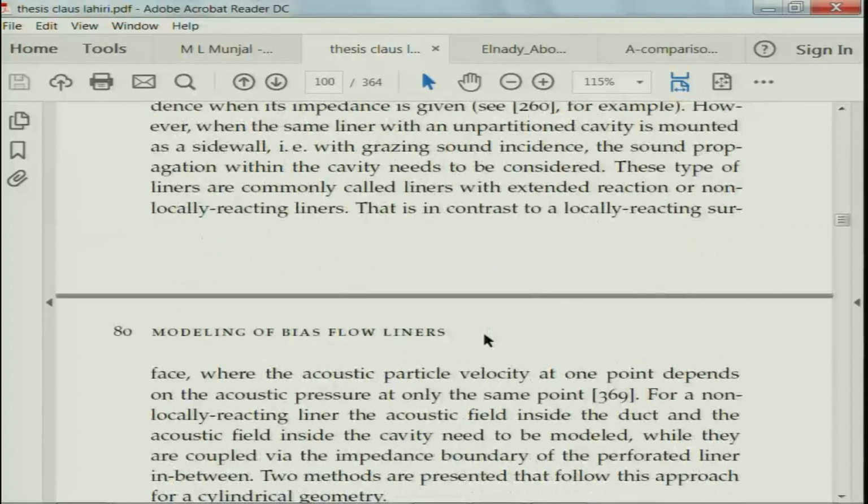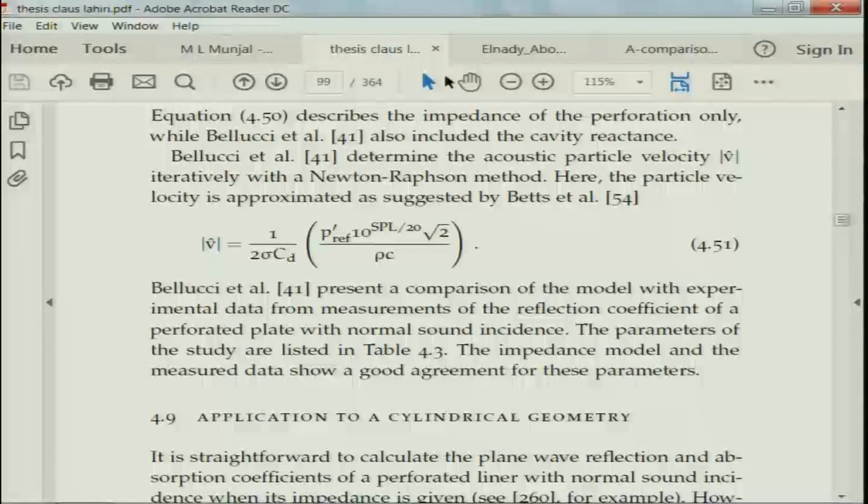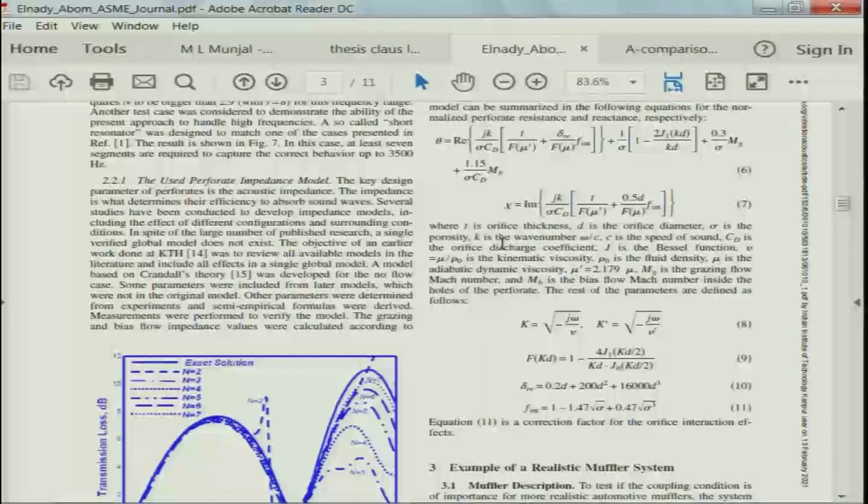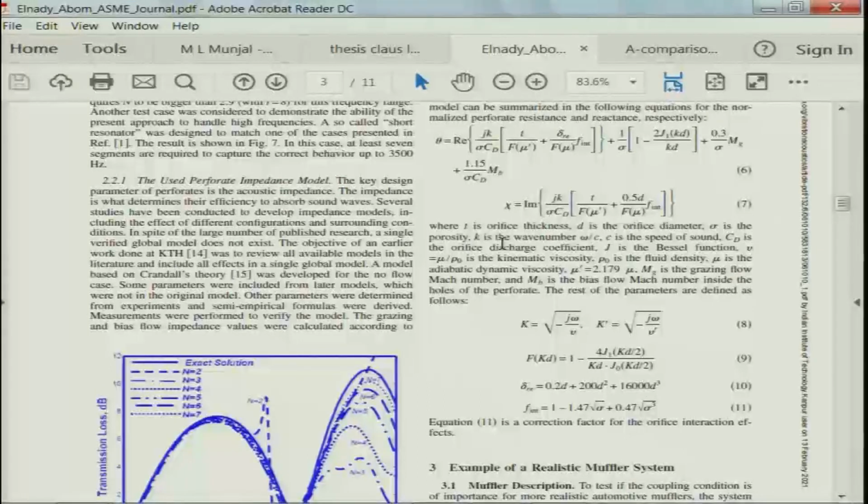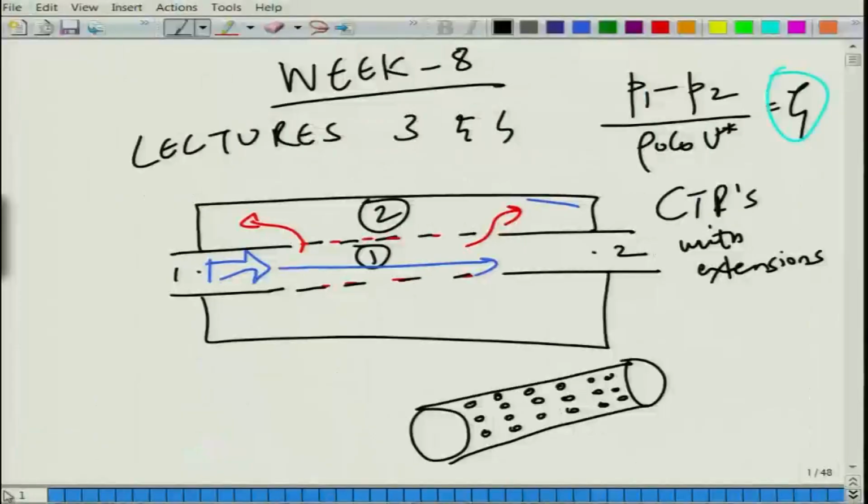So, basically I will stop the review here, at least with the understanding that when the annular area is empty, that is, there is no dissipative material in the lining, one needs to really consider an appropriate expression. For our cases, we are most likely going to use the expression given by Elnady and others, which, like I said, has been quite popularly used. And just for the sake of completeness, I must also mention that there are other models available in the literature where the annular area. So, let us go back to the presentation.